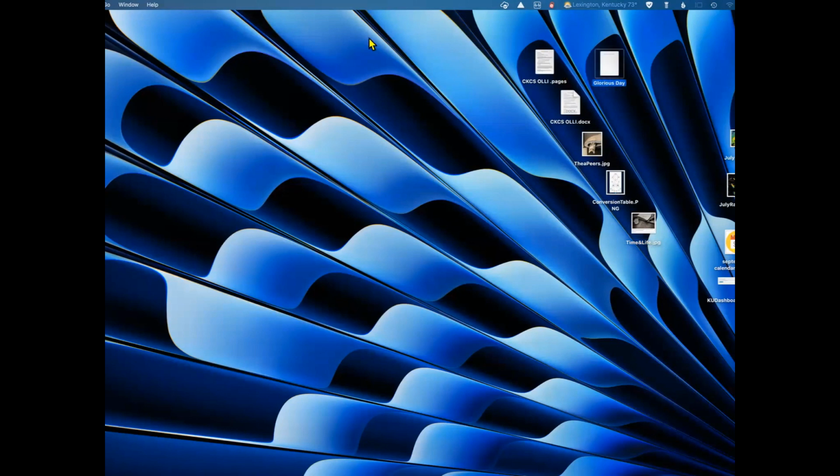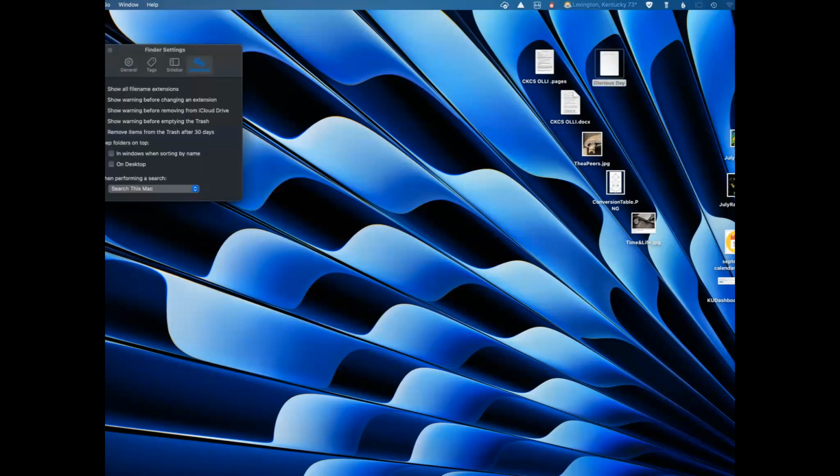And to turn it on, you go up to Finder, click up here on the Finder, you come down to Settings, and of course the Finder is the desktop, the background picture desktop thing. And then you click on Advanced. You've got 4 little icons up here, and you choose Advanced, and then you just make sure you click here, Show All File Name Extensions,